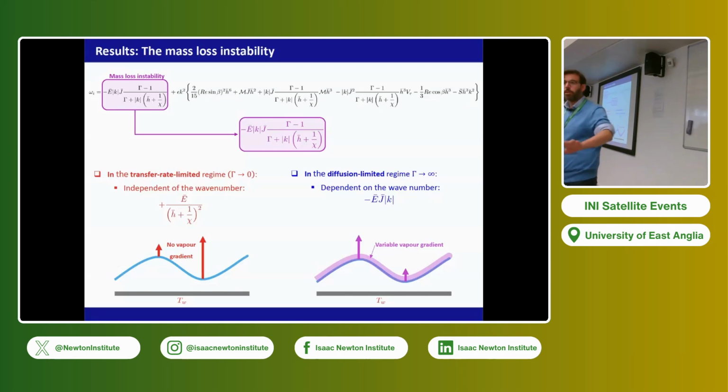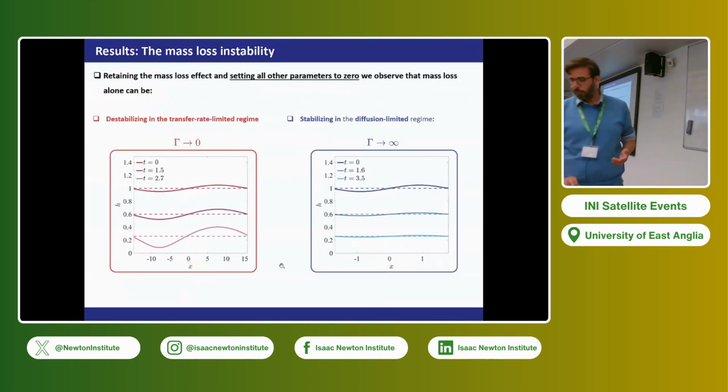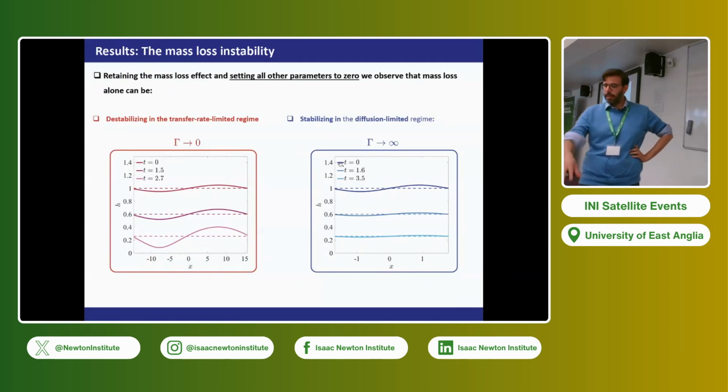Okay, and it's true. When transfer limited, it's algebraic. But in diffusion limited, no. Obviously, it's dependent on the wave number, it starts to be a pure exponential instability, usual. And this can be seen also from this numerical simulation we have done when gamma is smaller than 1 and gamma larger than 1. When gamma is smaller than 1, we see a pure mass loss instability,